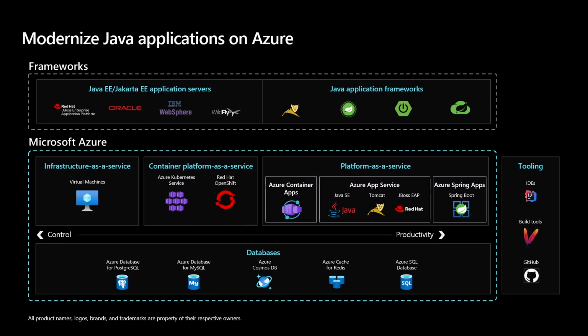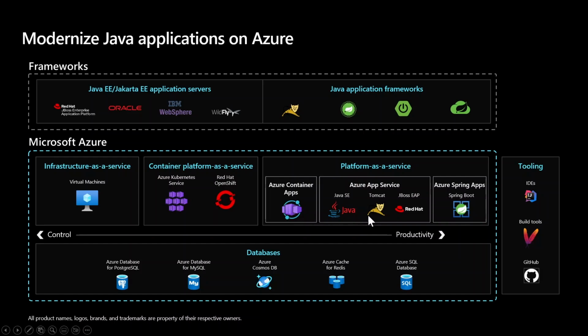But I think the most interesting part is the platform as a service options that we provide. From my side, we have the Azure Container Apps, where you can still deploy containers, but without the complexity of managing deployment descriptors or managing the Kubernetes cluster yourself. In the middle part is the Azure App Service, where you can deploy your code or jar files directly. It's a great option as well. And finally is the Azure Spring Apps, which is a totally separate service for running and managing your Spring applications.